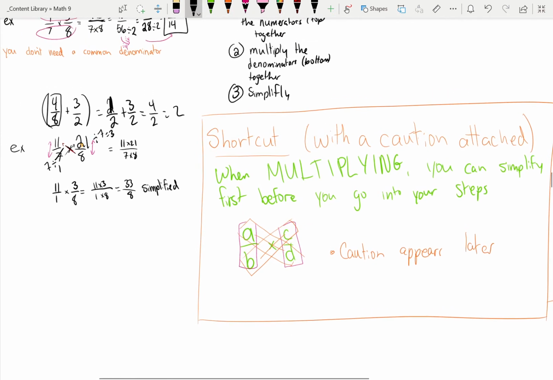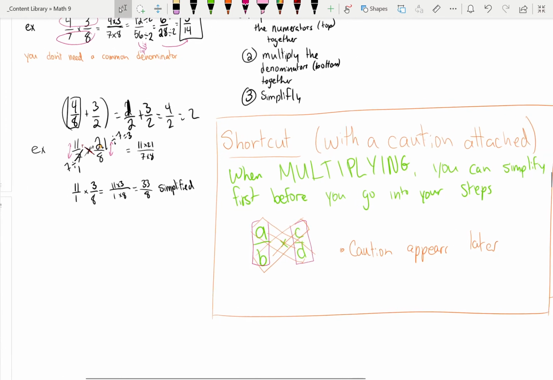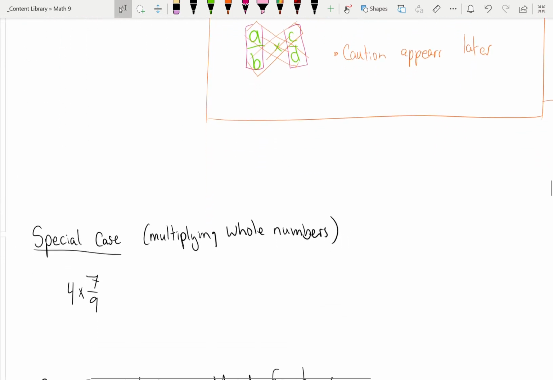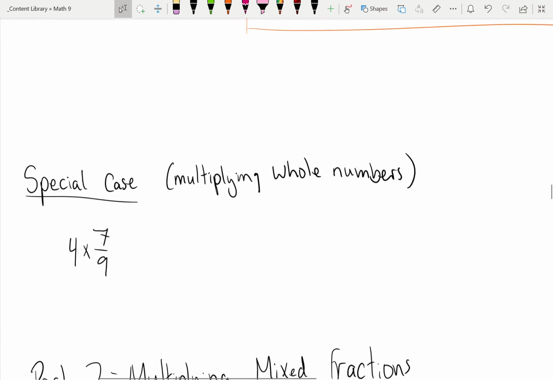So for now, just keep that in the back of your mind. You can write that down as a rule, but I'm going to go into a special case. This is actually our special case from the top with different numbers. So if you're multiplying a whole number,